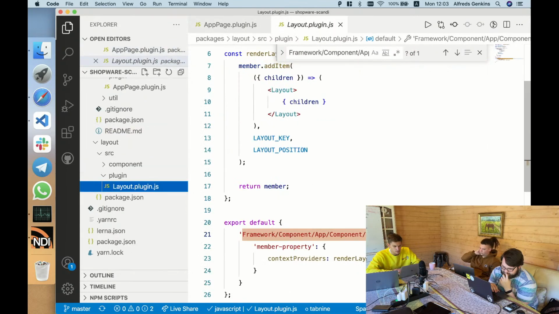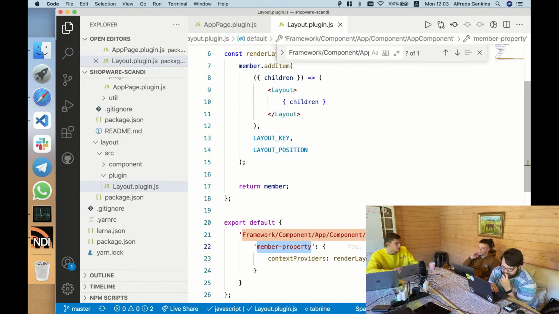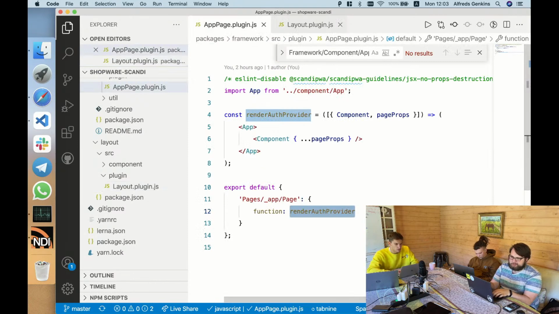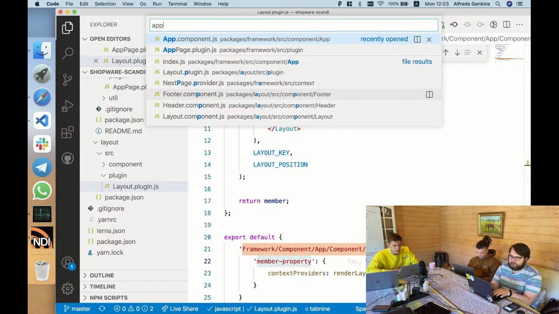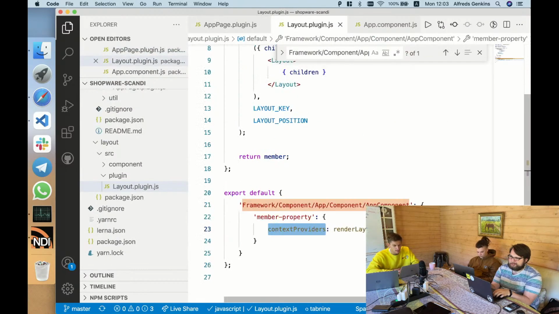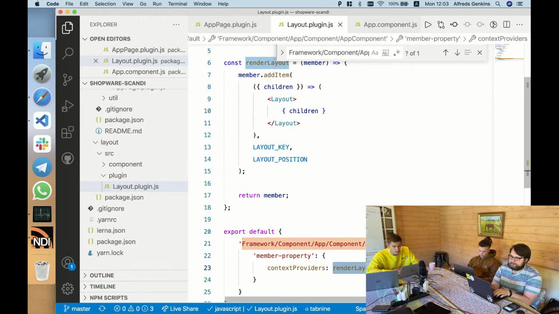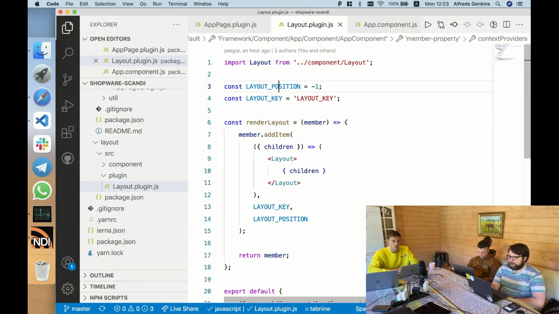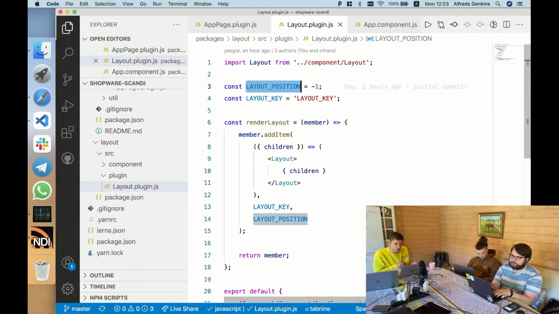And it declares it for a member property, and a member property is basically a property of a class. And in our case, for the app component, it uses the context providers property, and we can see it here, context providers, and it adds the function called render layout. And you can see it uses the position of -1, so it ensures it's the